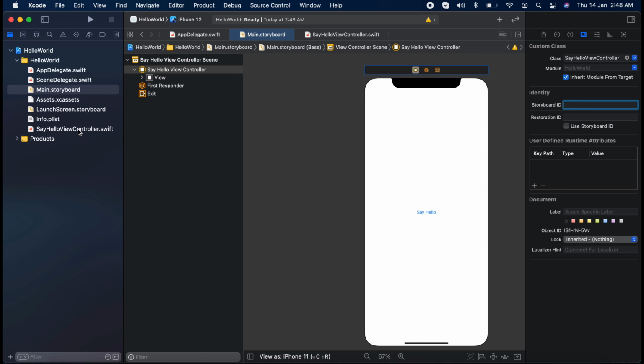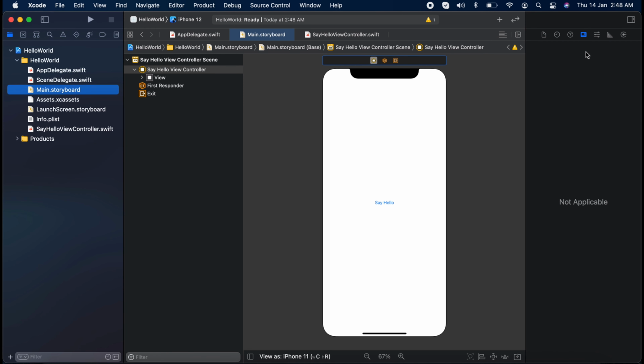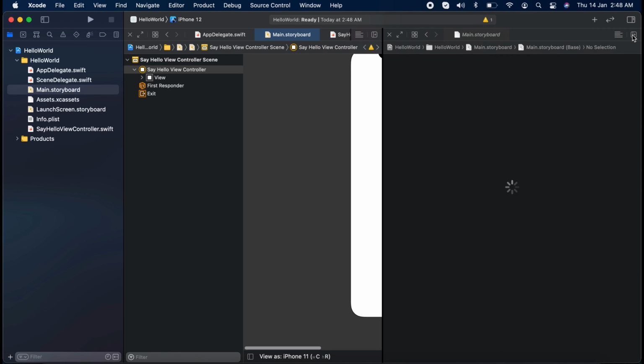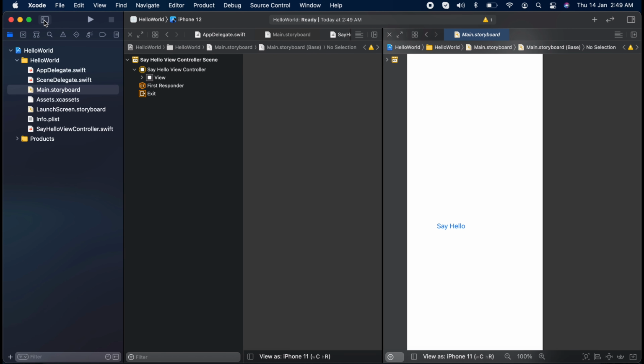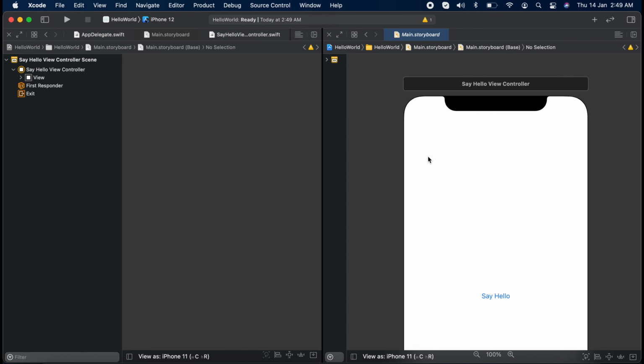So now what we're gonna do, we need to register a tap handler for this button, right? Okay, so to do that, you see this plus icon here, this one, add editor on the right, click that one. For now I don't need this one, just minimize it for space.